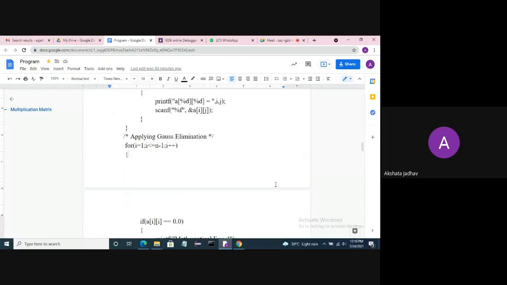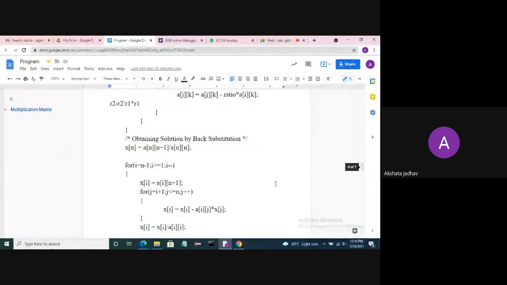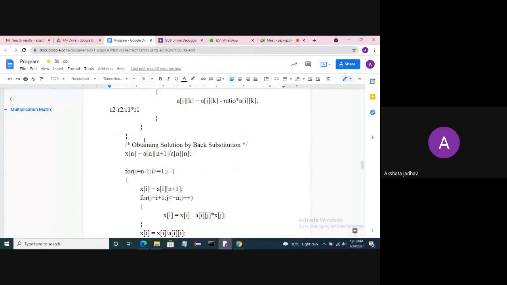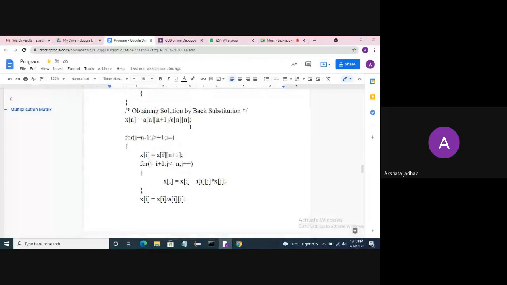Then we will perform the Gauss elimination method operation, and we will see only R2 divided by R1, multiplied by R1. Then we will do back substitution, a of n plus 1 divided by a of n.